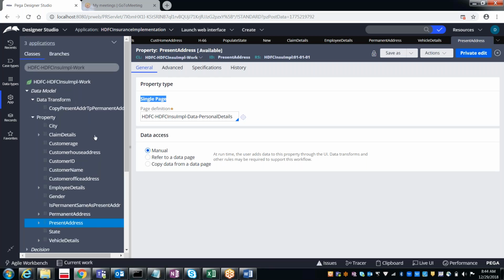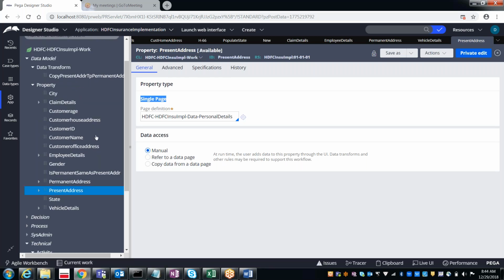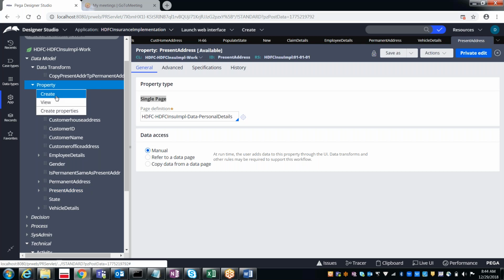In case you take anything as a page list property, in the same way here also. Generally, for the states we have taken that one. Present address will be only one record, so we have taken single page only.